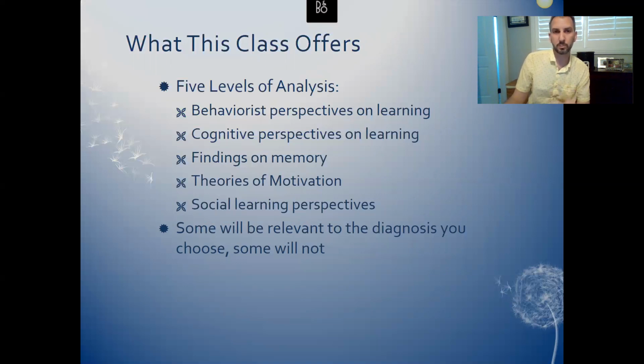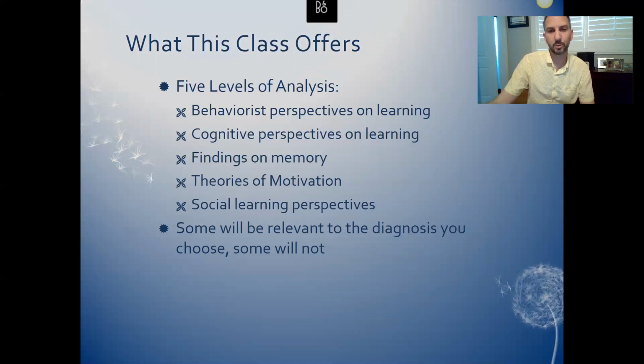I want you, if it's at all possible, to bring those into the understanding of the disorder. Then we've also covered cognitive perspectives. These included the early cognitive theories, and then we had Bruner and Piaget and Vygotsky. And then